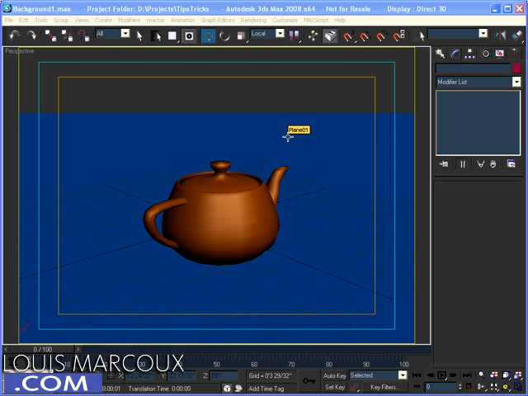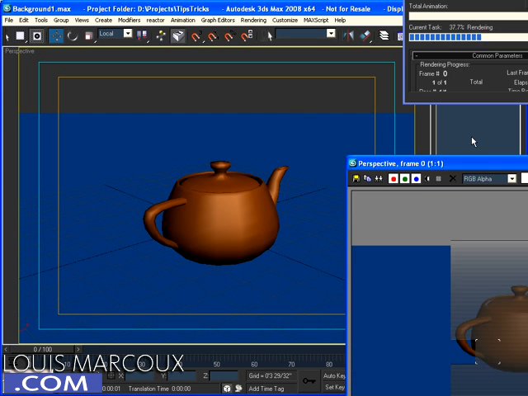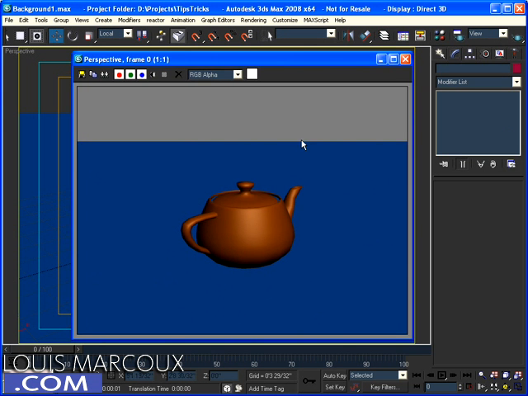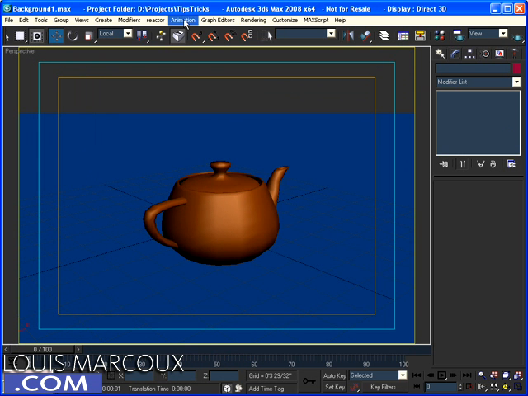And I got this question from a Max user, and I think it's a good example of how to use different techniques in 3ds Max. So if I render this now, I'm just going to go into the render panel and render that. You know, this is what we get, and I've got an environment color,